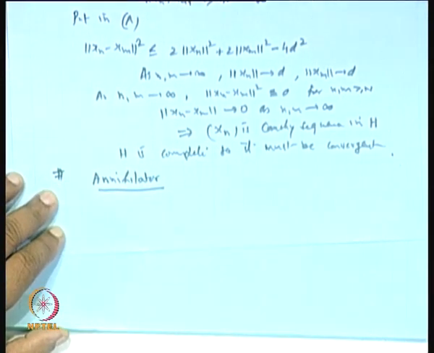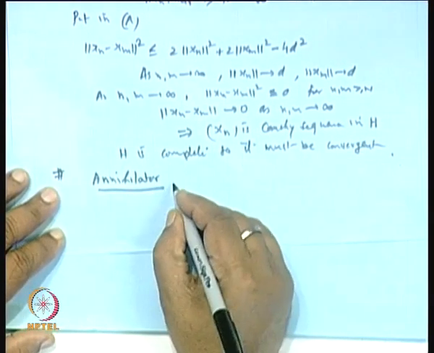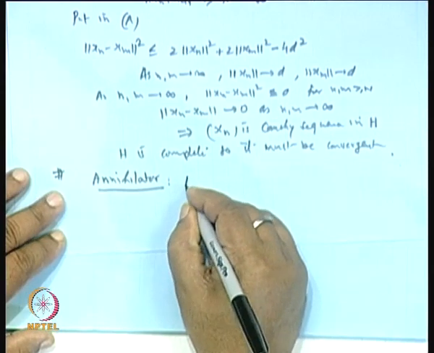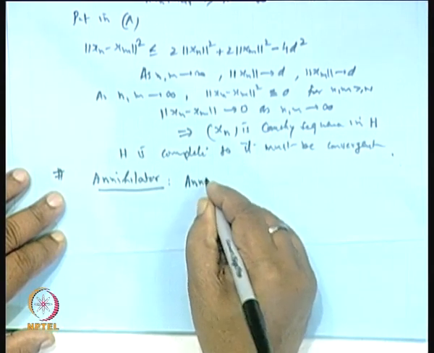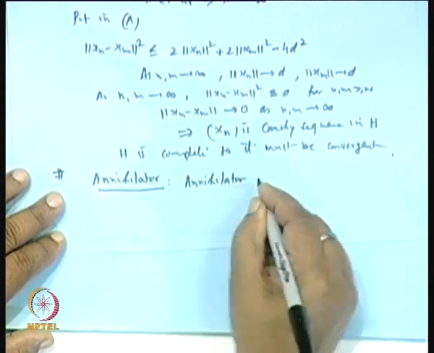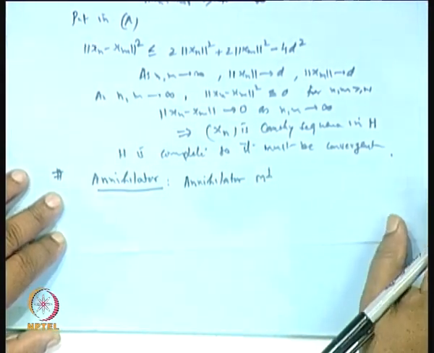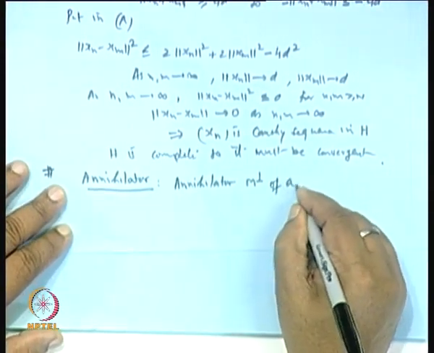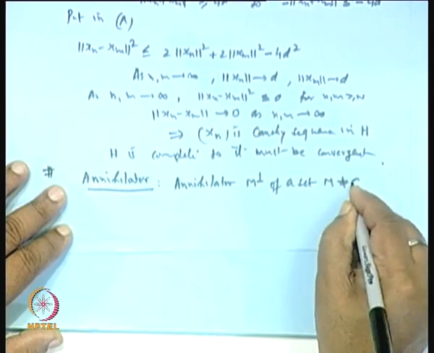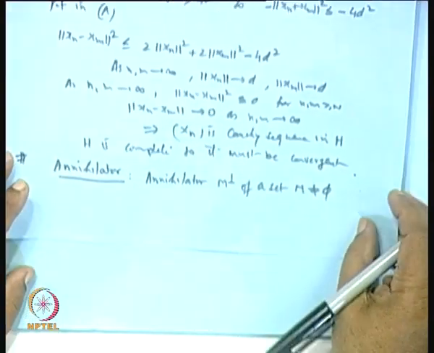Orthogonal complement is a special annihilator, where the annihilator M perpendicular of a set M, which is not empty, in an inner product space